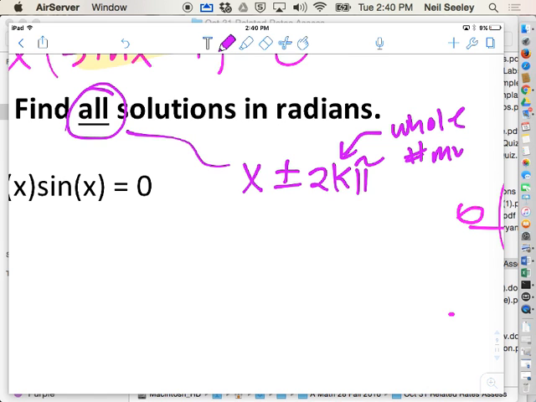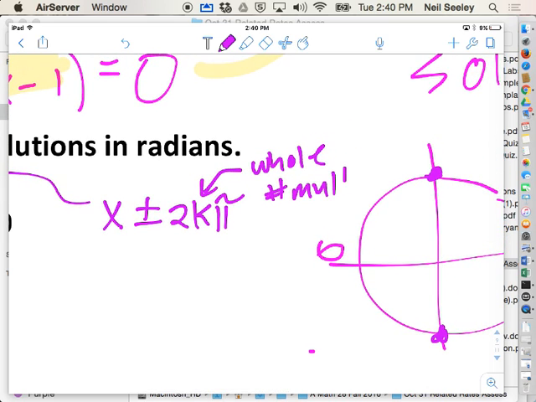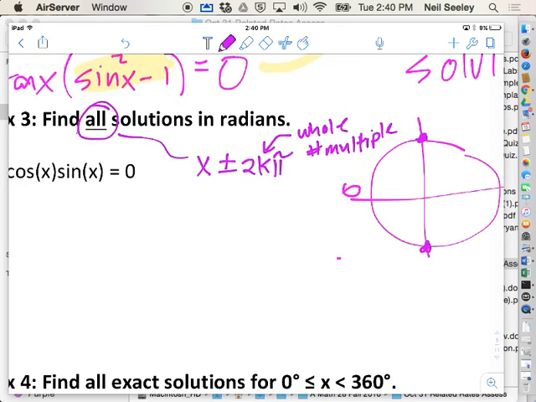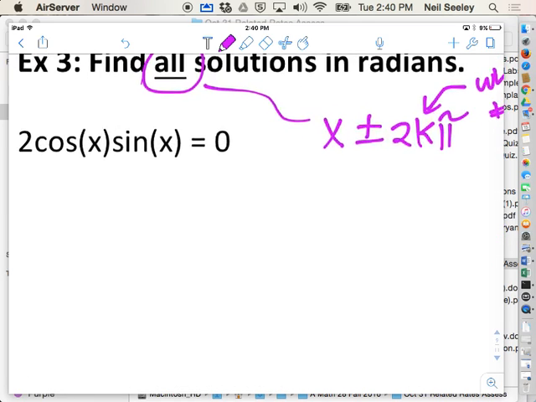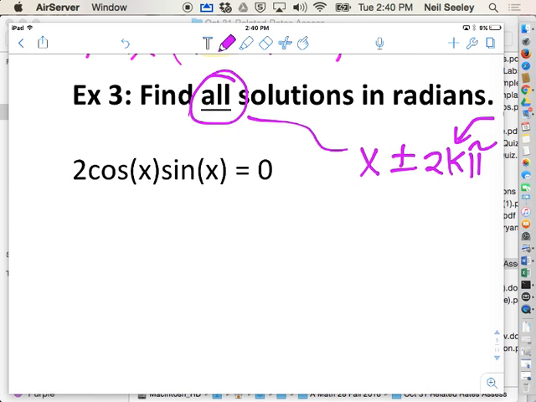So it's just saying, give me some pi's. That's what that means. So we're going to go around the circle as many times as forward and backward and land on similar places. Just get your solutions and add plus or minus 2k pi. It takes care of business. There are more nuanced ways we can look at it, and I'll mention those, but in general, hey, so I'll set each factor